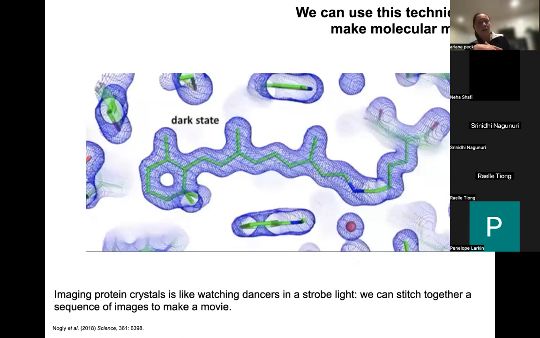There's also one of the really special things about X-ray free electron lasers, which is the technology we were discussing to perform this particular experiment, is that we can acquire enough data sets, and acquire them in different conditions, that we can stitch them together to make a molecular movie. And one of the ways we can do that,